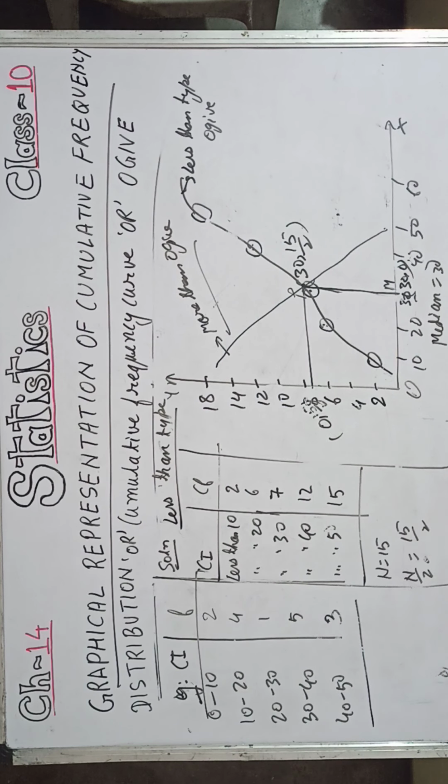So children, statistics is over now. For exercises 14.1 and 14.2, this time I have given the concept only. You will be doing the sums, and if you have any doubt in any of the sums, definitely you can ask. The concept was given in such a way that you will be able to understand and do all the sums on your own. But even then I'll try to make a PDF of the solutions of exercises 14.1, 2 and 3, and I'll send the PDF in Campus Care. If possible I'll make it, otherwise I'm sure you'll be able to make the solutions on your own with the given concept if you go through the video properly.